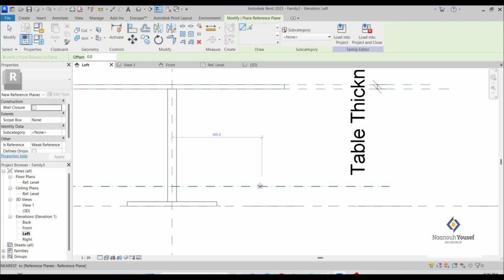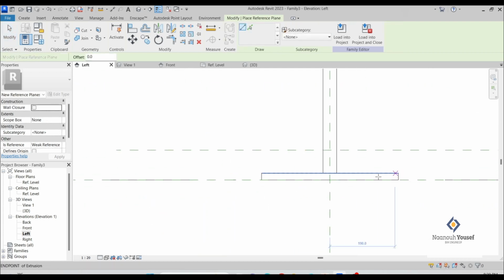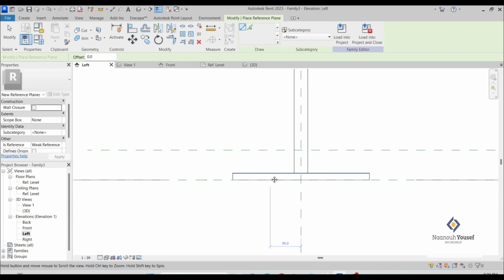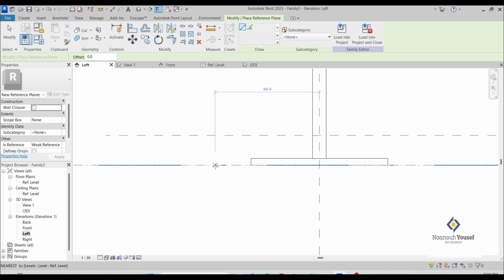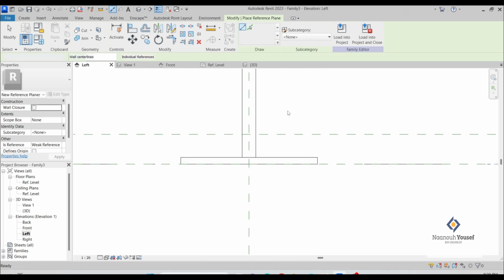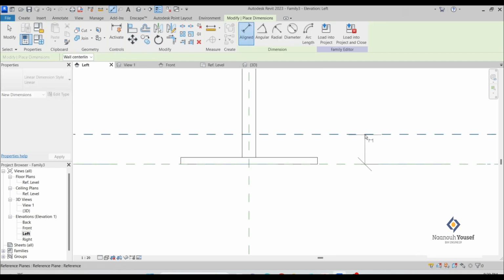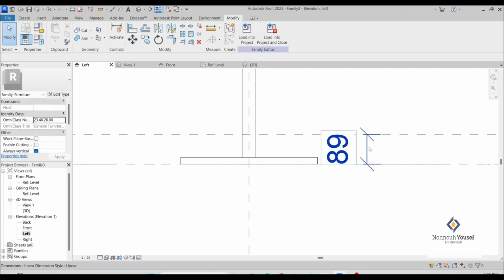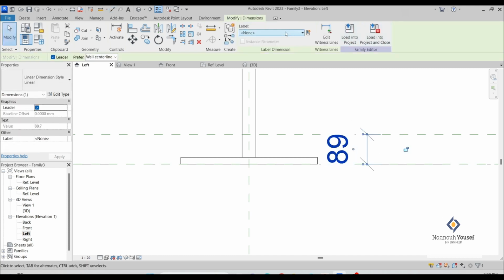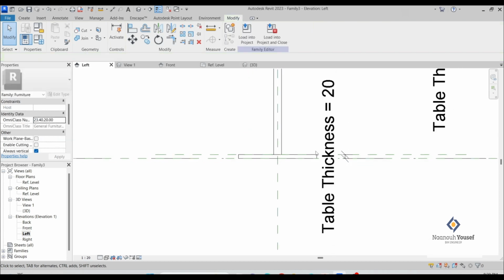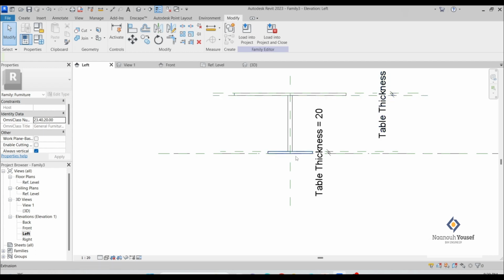Again, I'm going to make a reference plane for the base of our table. We already have this one and this one, so no need. I'm just going to make dimension and make new. Let's also, no need to make a new parameter. Let's say table thickness. If I change the table thickness, the thickness will change here and here,